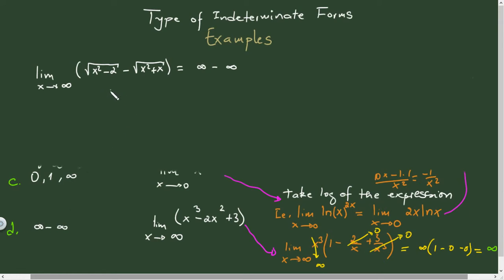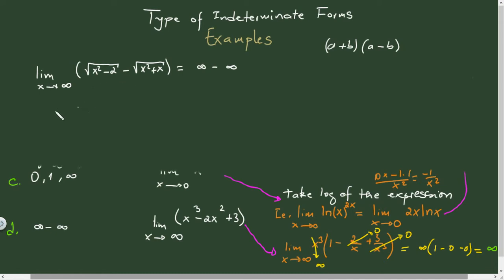We can't factor with the greatest exponent. There's no way to do that. Even if we do, we'll still have infinity. So what we're going to do is multiply this expression by its conjugate. Remember the conjugate: when you have A plus B, its conjugate will be A minus B. And we're going to multiply by its conjugate and divide